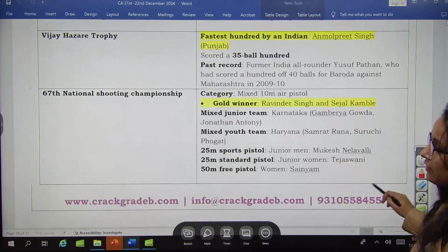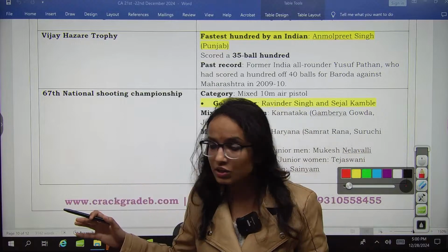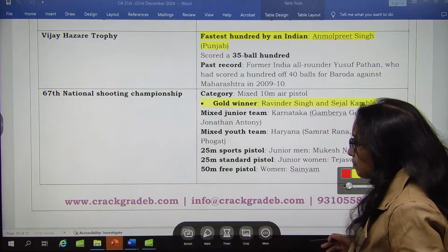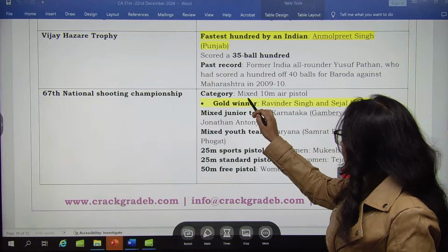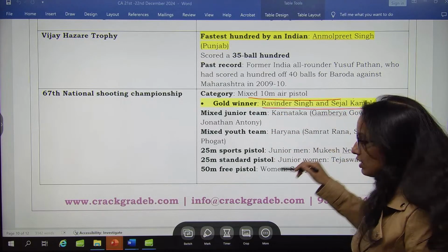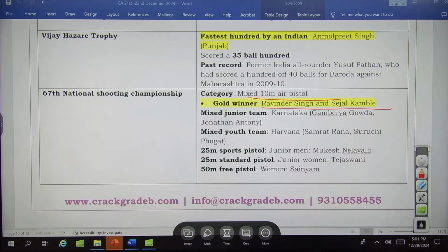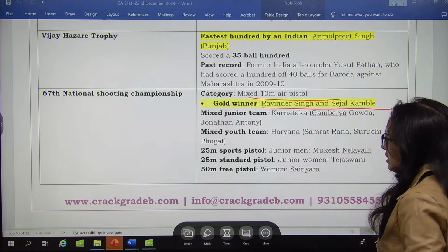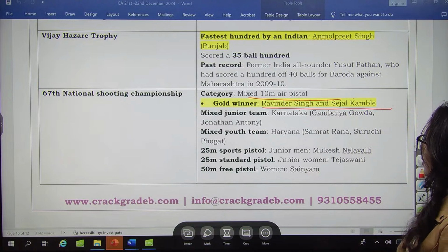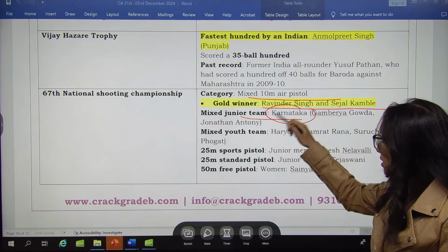Then you have the 67th National Shooting Championship, the ongoing one, recently in news. This is important. In the mixed 10-meter air pistol, the gold winners are Ravindra Singh and Sejal Kamble. Then in the next category, mixed junior team, Karnataka